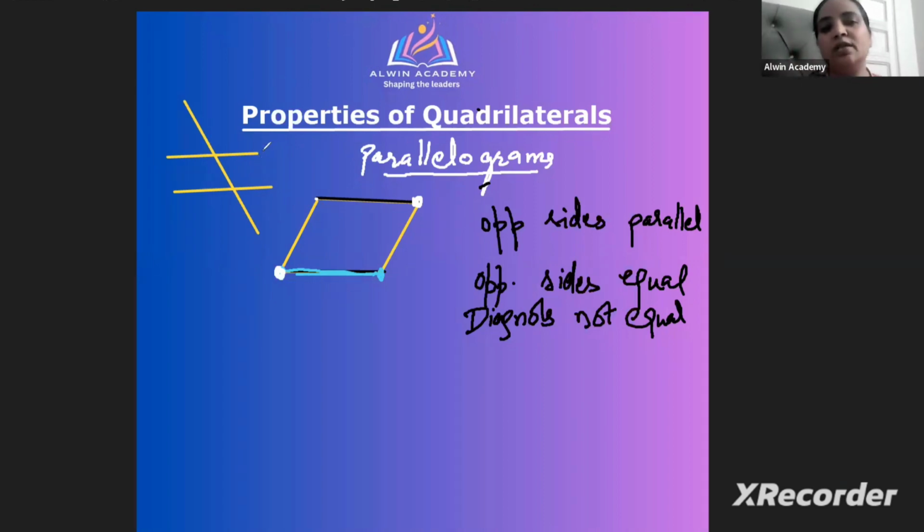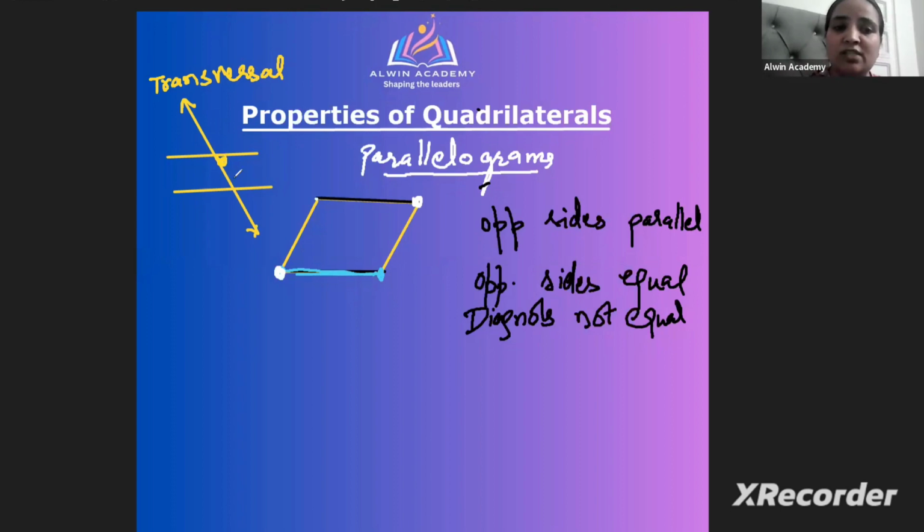What is a transversal? When you have got two parallel lines and there is a common line which is cutting both the parallel lines, we call it a transversal. So this arrow, this yellow one with the arrowheads, is a transversal. So whenever I cut two parallel lines with a transversal,